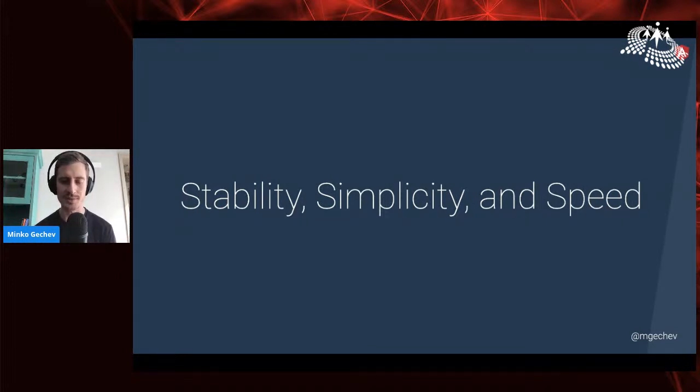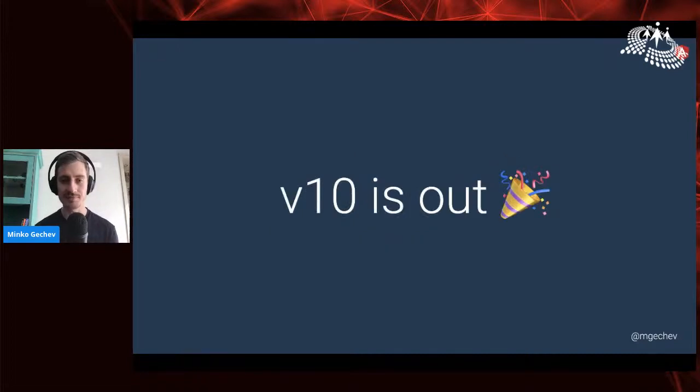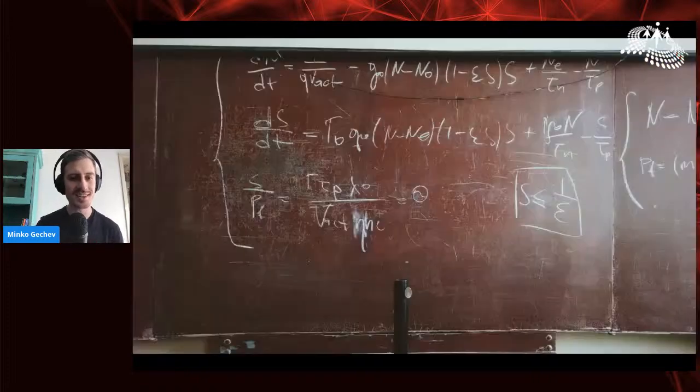So currently we have over 2,000 projects inside of Google. To be exact, I believe the number is above 2,600. So for the past about 10 months, we got 600 new Google projects developed with Angular. And the current version of the framework is version 10. I'm going to talk about some of the features that version 10 introduced, but before that, let us discuss the